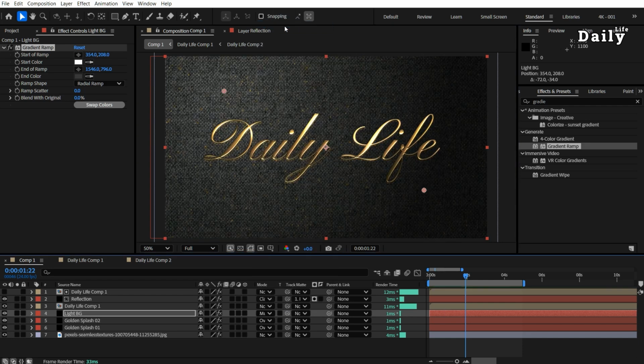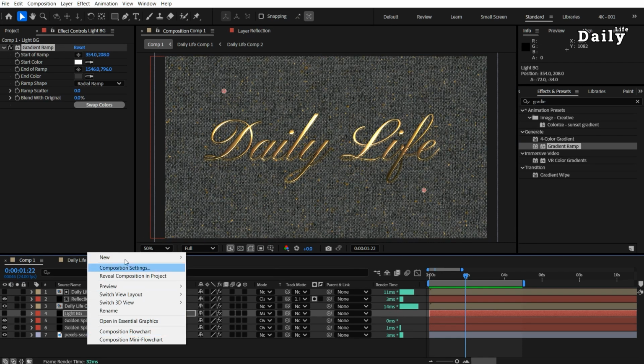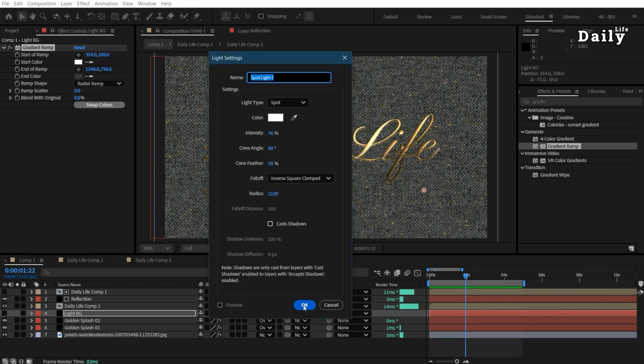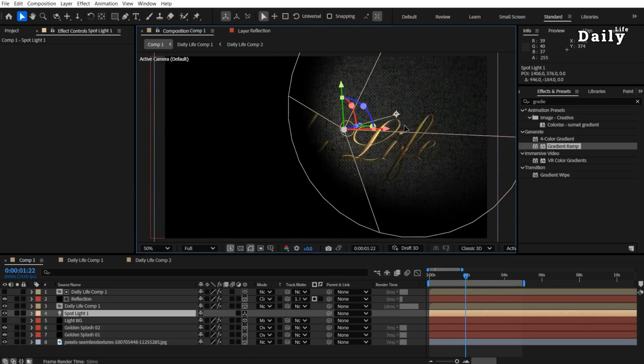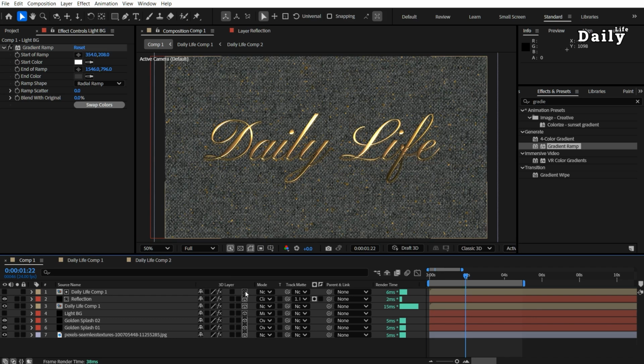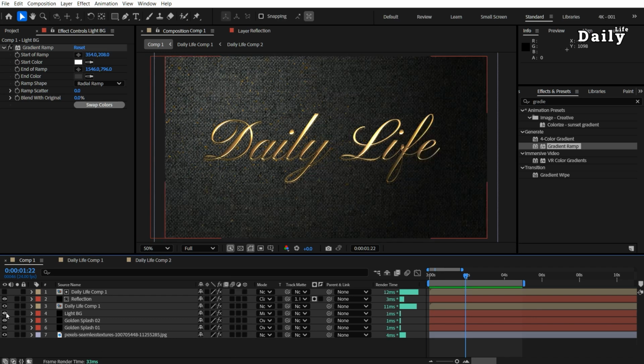Why use the Gradient Ramp effect instead of real light? The gradient ramp creates a spot-like effect that mimics the presence of a light source. Although you could make all items 3D to simulate light effects, the sparkles won't be visible. This technique creates a light source fill without needing to deal with real 3D lights, offering more flexibility in your design.